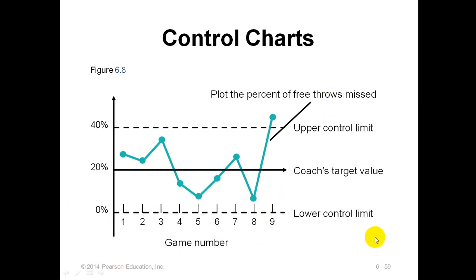This gives me historical data. Watching this graphical representation, I can take corrective actions. I can see that the upper control limit is more than the lower control limit, so I can check and control the upper control limit of my player. This gives me an indication to control the quality.